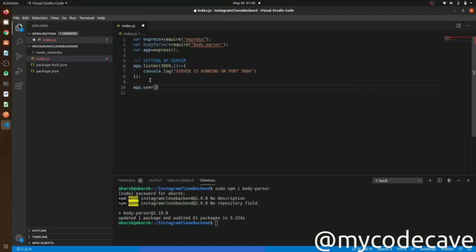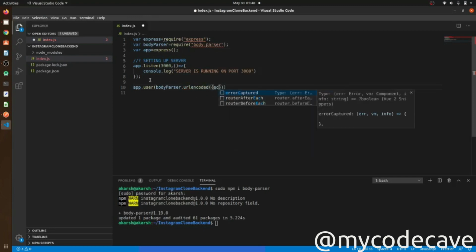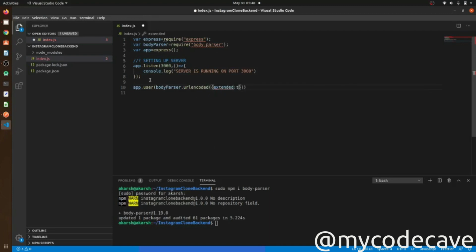So app.use bodyParser.urlencoded, and in that I will give extended is equal to true. And after that, one more thing: app.use, it's use.